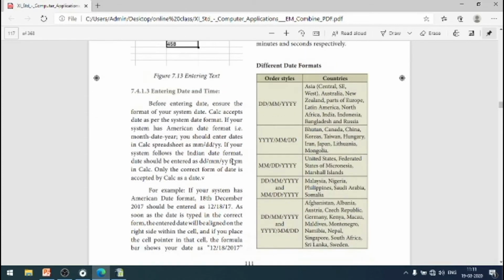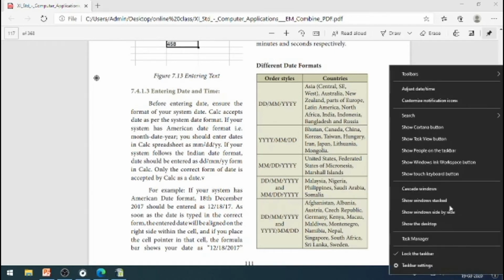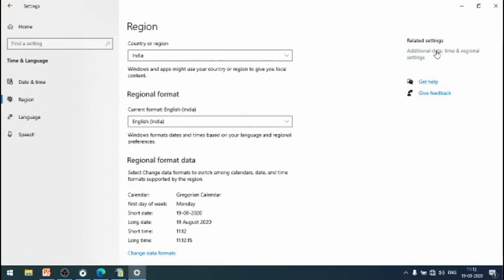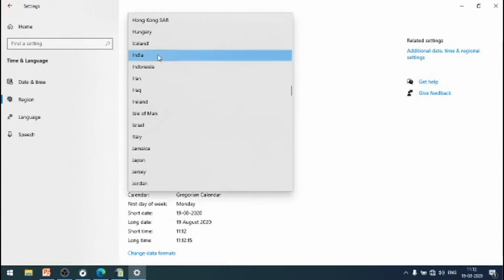Entering date and time. Before entering date and time, we should check our system date. Here the system date is displayed. You can adjust it by right-clicking the mouse, then going to adjust date and time. Here date and time and regional formatting are available, and you just click this, then country or region is available.